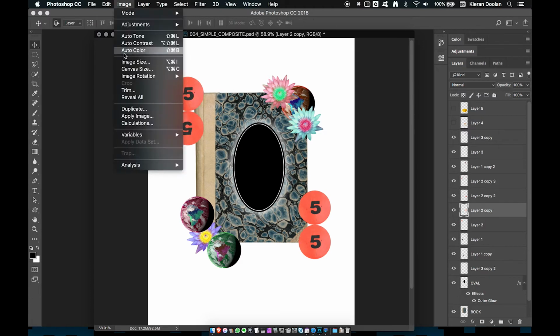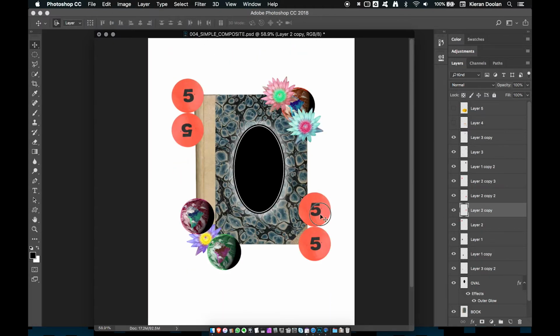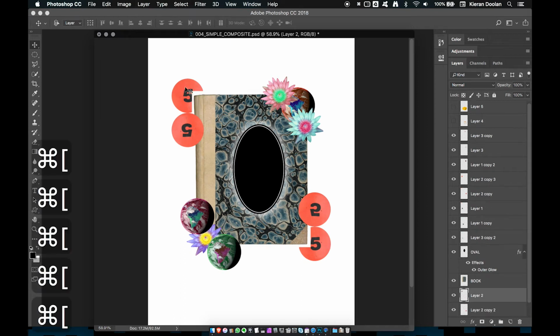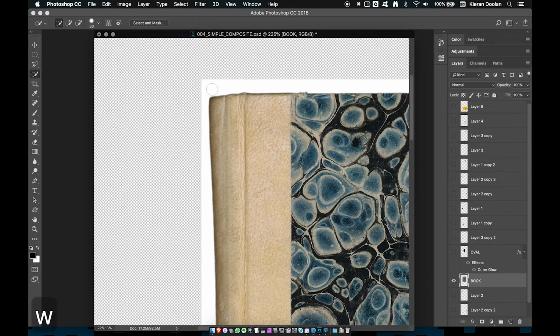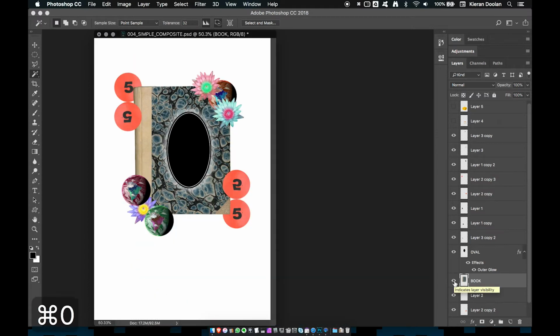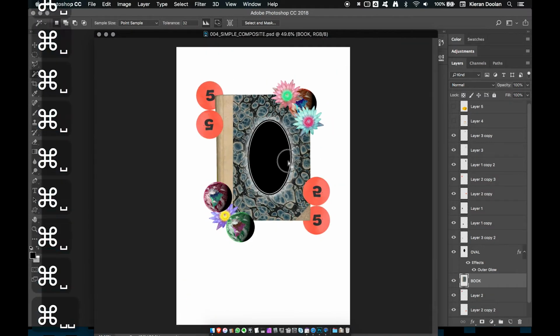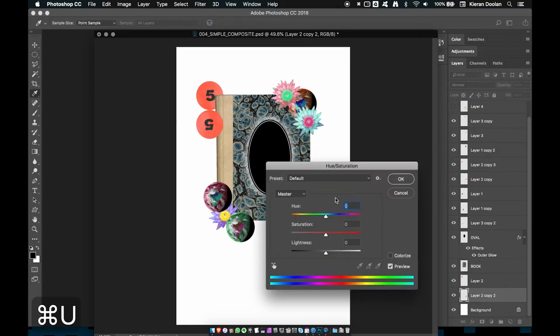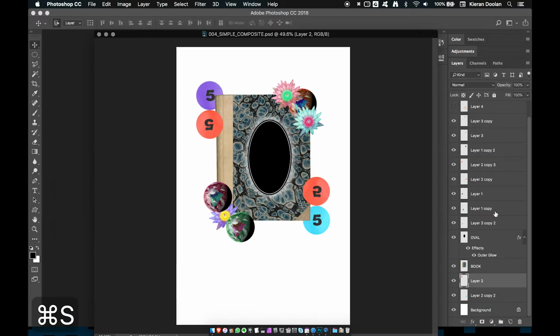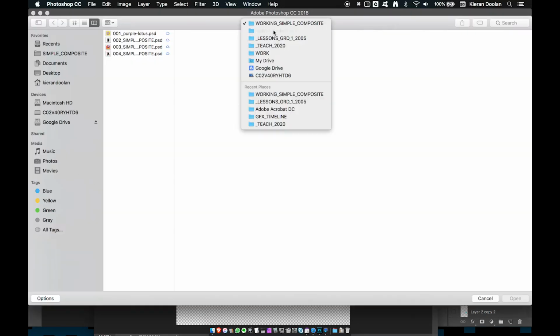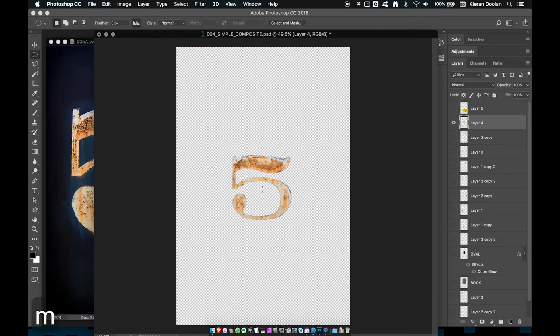But once again, using the free transform commands to throw in a little bit of variety. I can see that I've got the background of the book there, background edge, using the magic wand tool as we did a few minutes ago to select and delete that edge. And finally